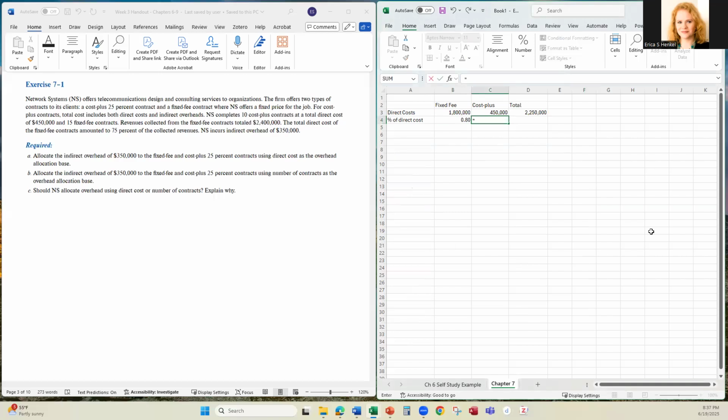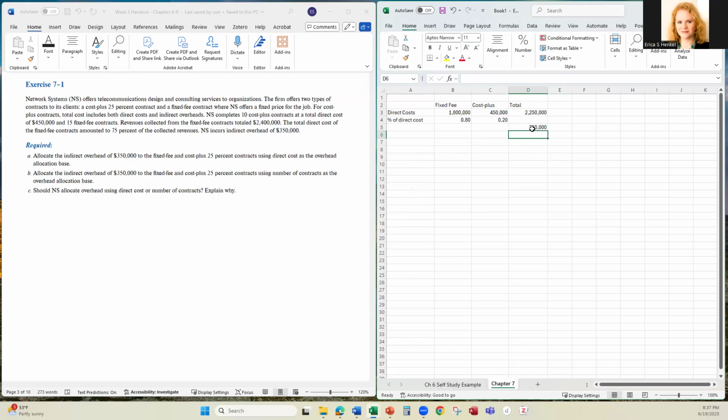All right, and then in terms of direct identifiable costs for each of these, the fixed fee contracts incurred 80% of the direct costs, and the cost plus contracts incurred 20%. All right. Now, in terms of overhead, we had total overhead of $350,000,